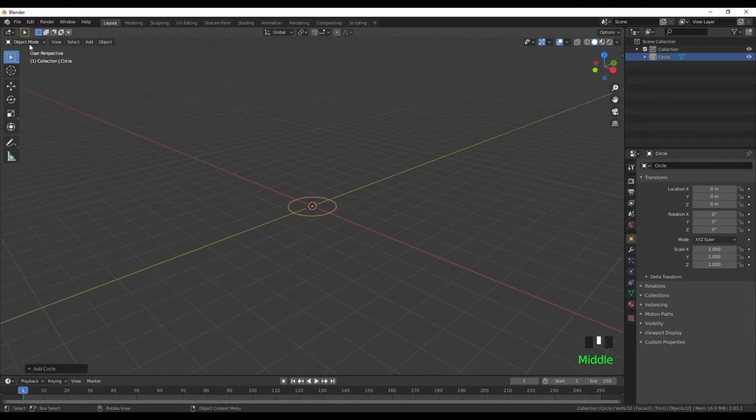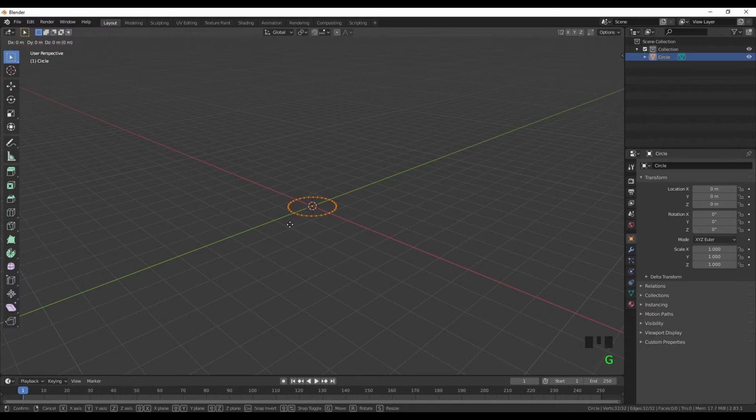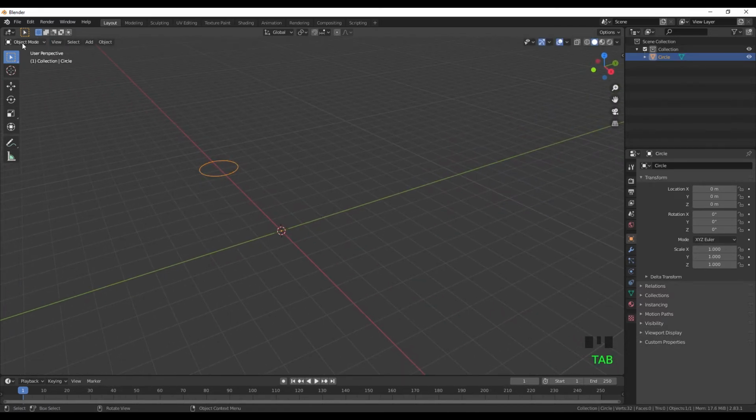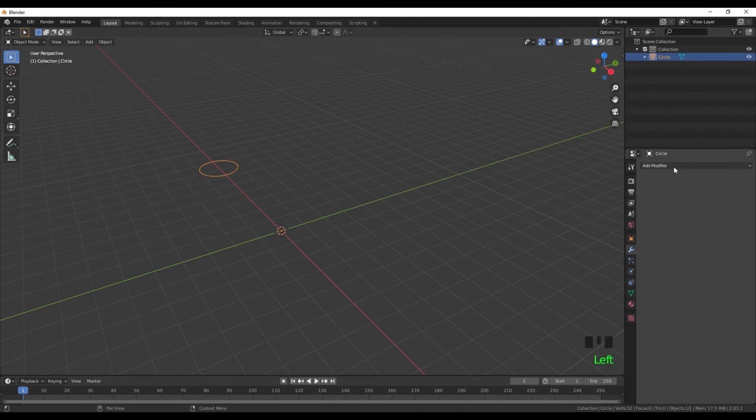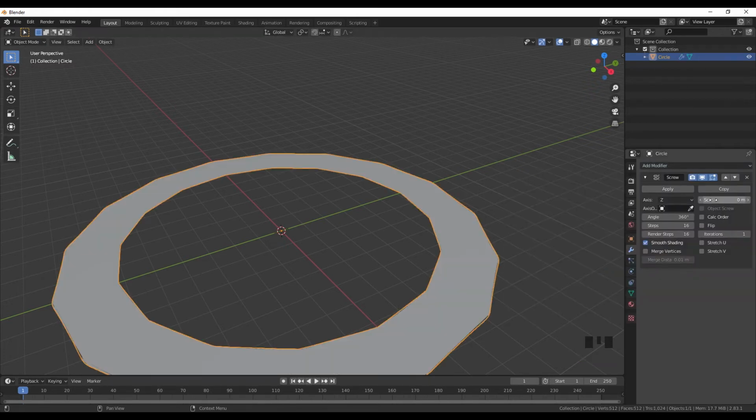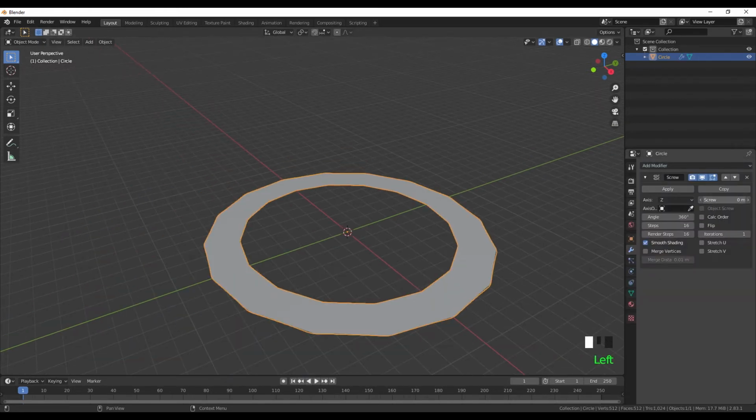tab to move to edit mode, G and move it on X axis up to here, tab again to go back to object mode, go to modifiers, add modifier, screw, and then increase the screw a